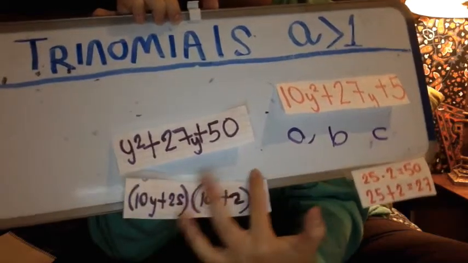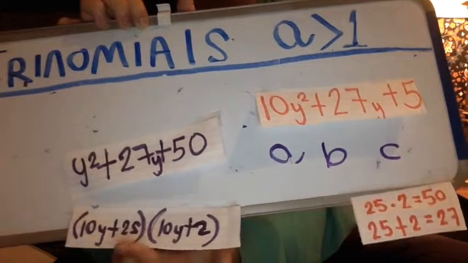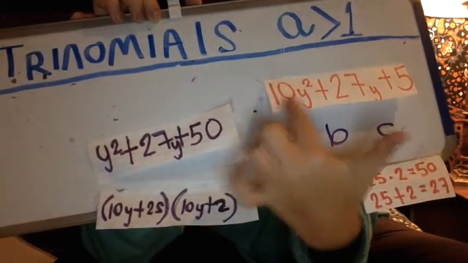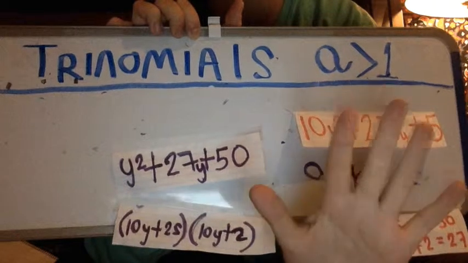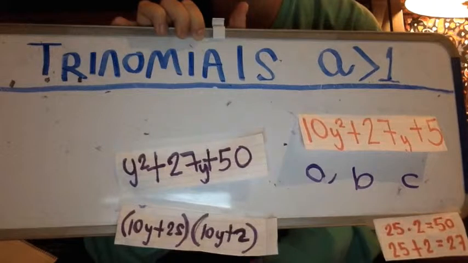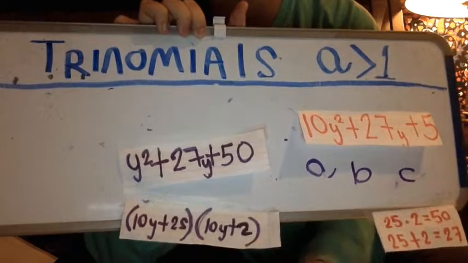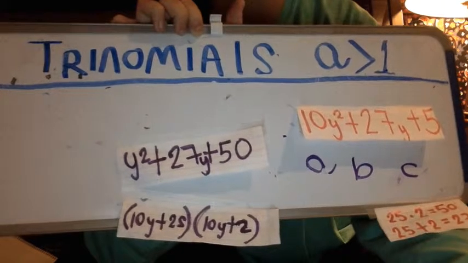When completing our parentheses with our factored procedure, remember to always include variable a inside too. Can this be simplified much more? Well, it can. 10 and 25 can be reduced 5 times. And 10 and 2 can be reduced twice. And you will end up with